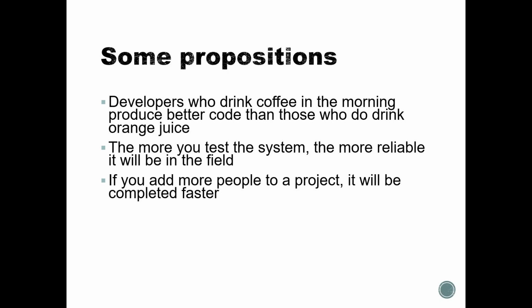So some of these might be true. All of them might actually be true to a certain degree, but they aren't inherently true in a sense that, for example, the second point, the more you test the system, the more reliable it will be in the field, works to a certain degree. But after testing in a laboratory or alpha testing on a small scale, you will run out of things to test. Well, realistically test. Of course, you can spend your time from here to eternity doing some stupid low-scale